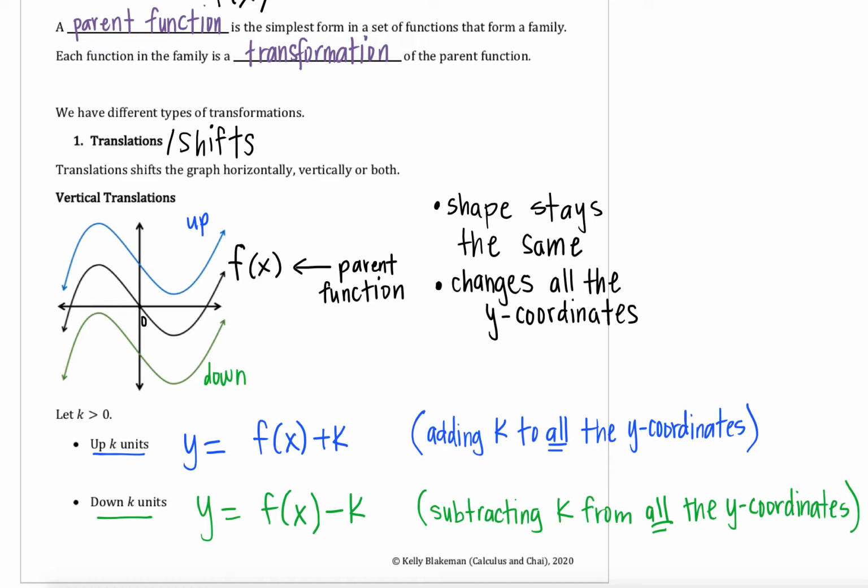So if we were to shift this graph up, then what we would be doing to f of x, our original function, is adding so many values to that function f of x. And we're going to say that we go up k units. So this point (0, 0) on the graph is now being moved up to the point (0, k). Since we have moved this graph up k units, it is the y coordinate that is changing. Algebraically, how we represent that would be our original function f of x, and we're adding k to that. Remember, f of x is our y coordinate. That is what y is equal to, and I want to add k to all of those y coordinates